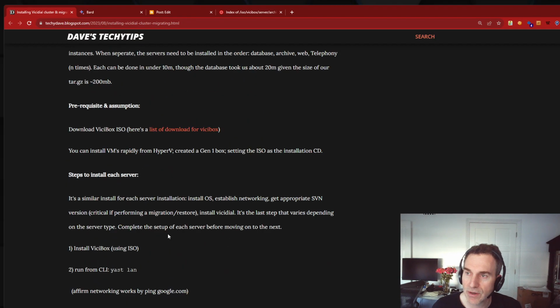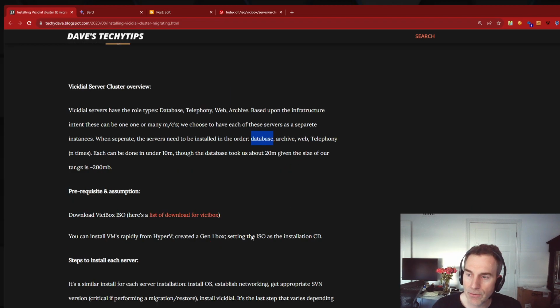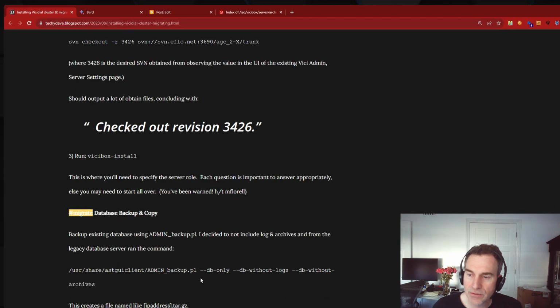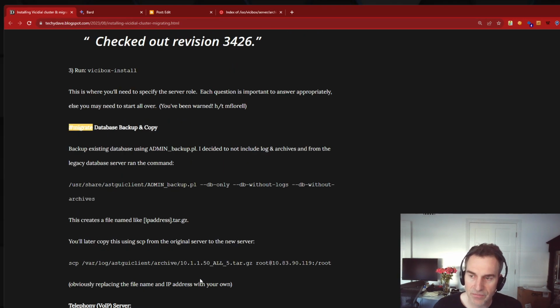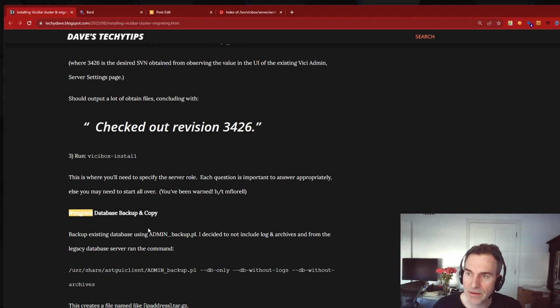So the server steps, the first server to be installed needs to be done in that order: the database, then the archive, and then the web, and then telephonies. So database, archive, web, telephony, and you can do as many telephonies as you want. So the database, though, when doing it, you need to get it up to its appropriate version, as we're doing right now with the SVN, finish the install, and at that point, then do the backup